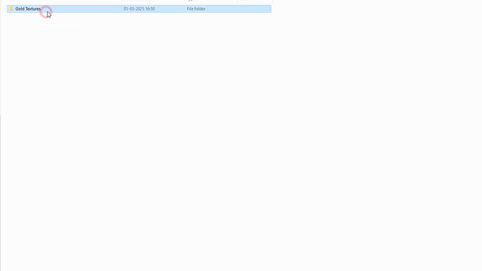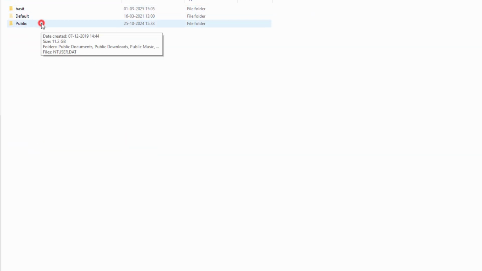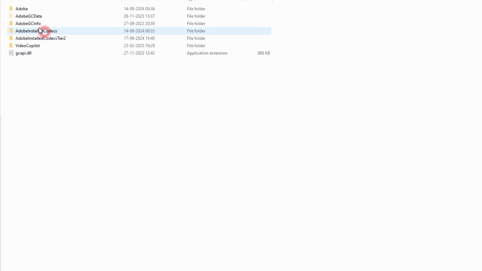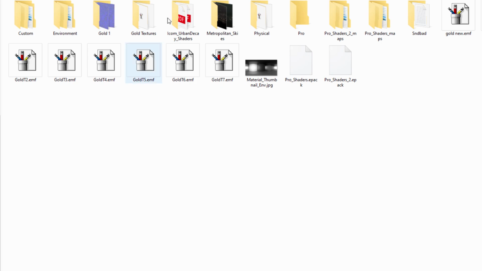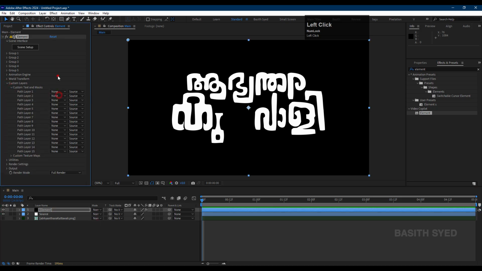I have provided the texture file in the description. Let's extract this and then select this, open it and then select the gold textures and copy it. Go to users, users, public documents, video copilot, and then materials, and just paste it here. Let's change the mask to source and then